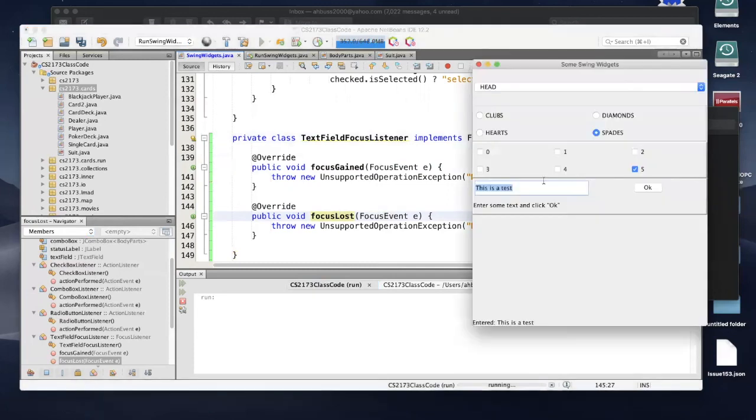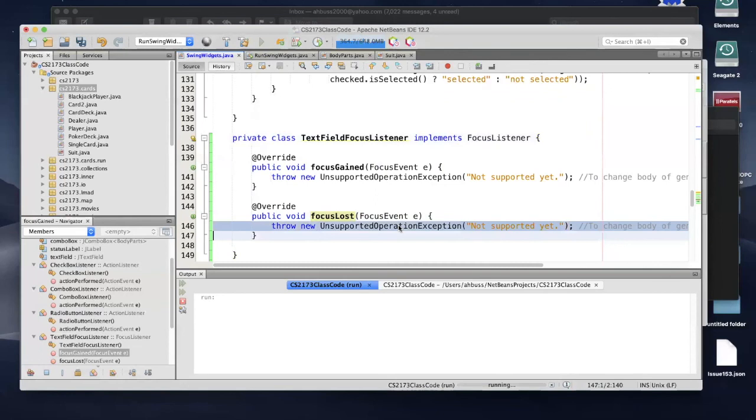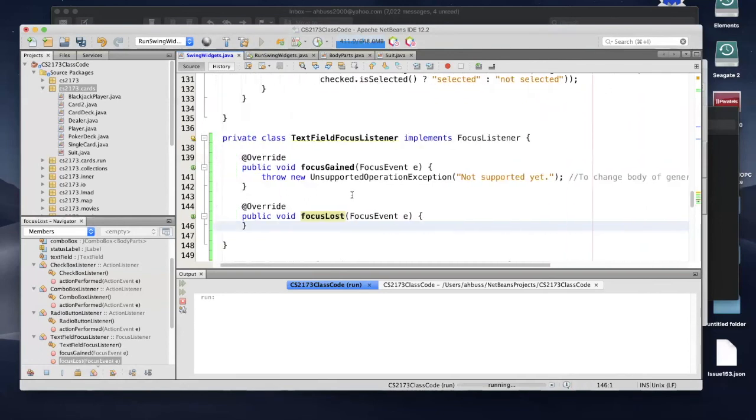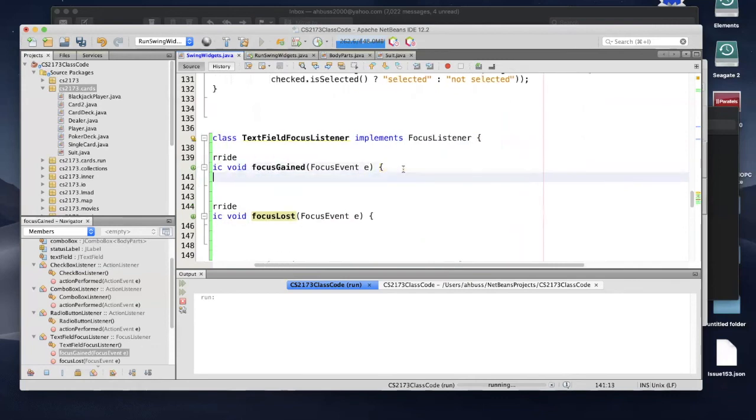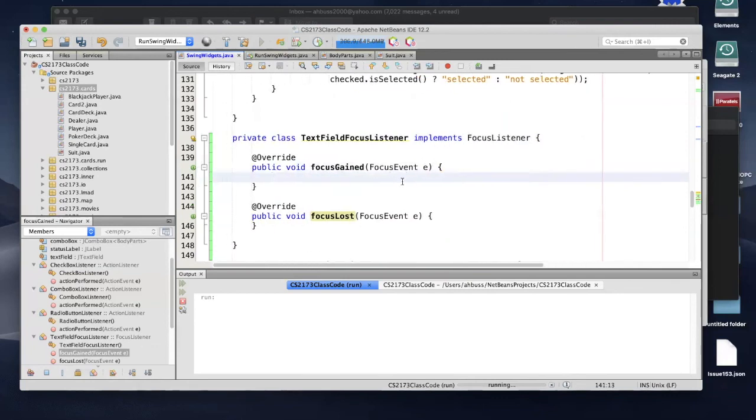That is, when I click into the field, in this case, it will gain the focus. And when I click somewhere else, it loses the focus. Okay, so I don't want to do anything when I lose the focus. But when I gain the focus, here, when I gain the focus,